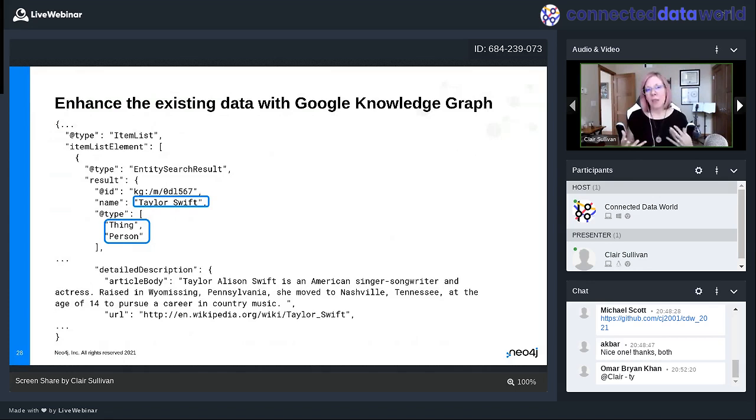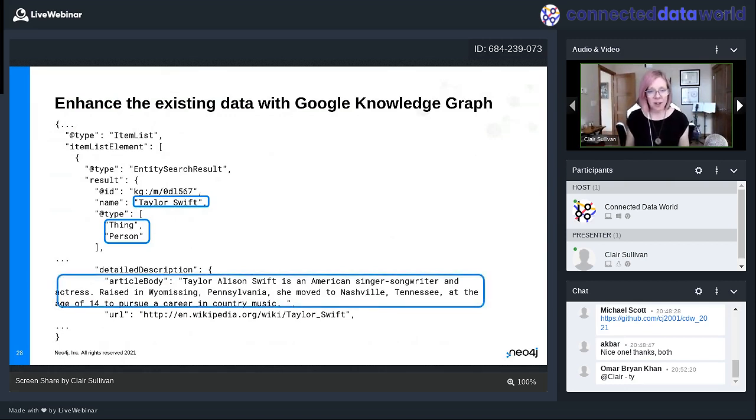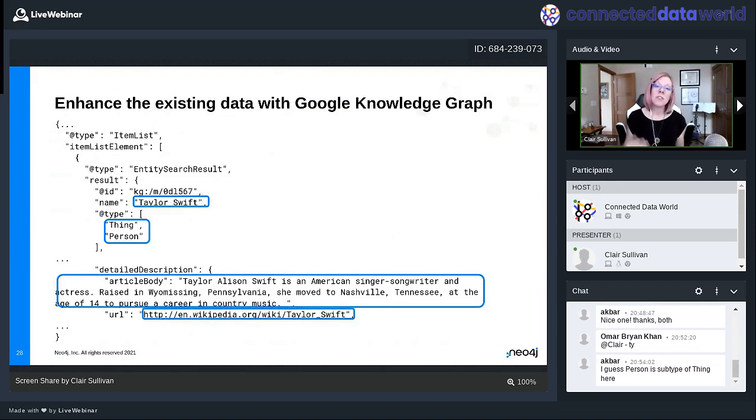And that's helpful as we want to query our graph, especially as the graphs get big. The more you can say about your query term, like if I said I'm looking for persons named Taylor Swift versus I'm looking over my entire graph, that makes your queries faster. Okay, and then I have this article body, which is Google's way of giving you a sentence or two description about this person, or whatever this search term was. And then I have a URL. I'm just going to use those to populate the graph, not because we're actually fully using them, but just to give you a feel for a way that you could create this graph.